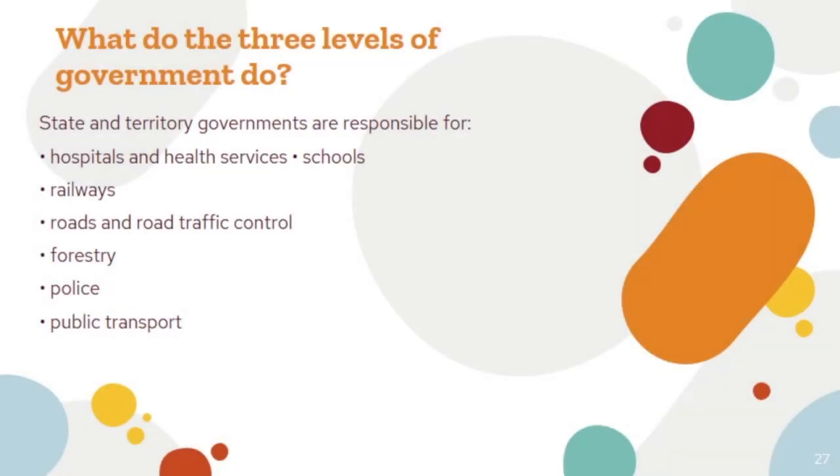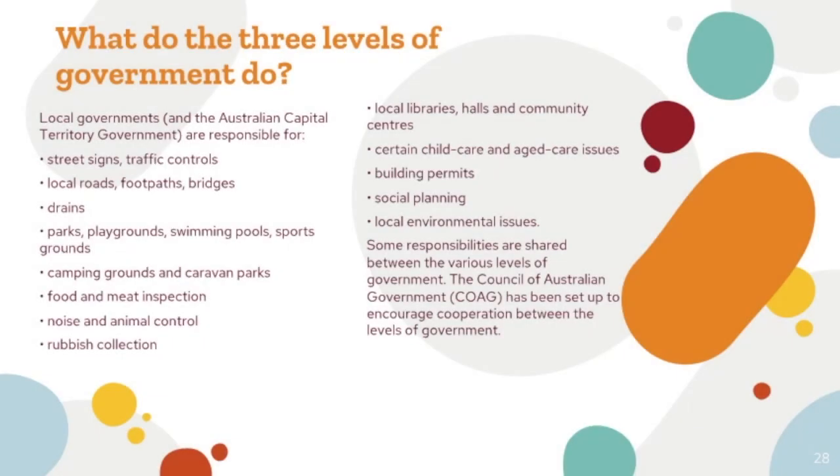State and territory governments are responsible for hospitals and health services, schools, railways, roads and road traffic control, forestry, police, and public transport. Local governments and the Australian Capital Territory government are responsible for street signs, traffic controls, local roads, footpaths,